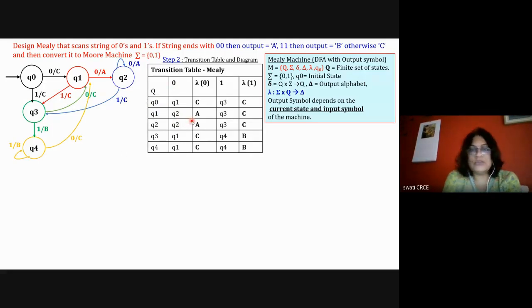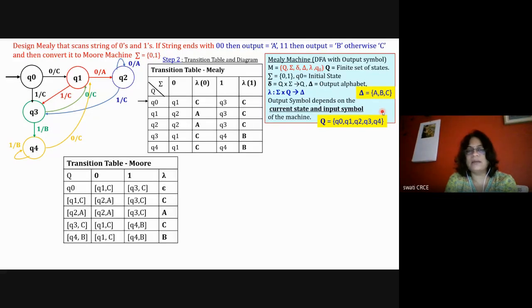Okay, so like this you complete the table. After completing the table, you have to draw the Moore machine. For the Moore machine, you can convert the Mealy table into the Moore table and then draw the diagram. That is the easy method. So we will write the answer for the Mealy machine, that capital Q is this and all other answers.